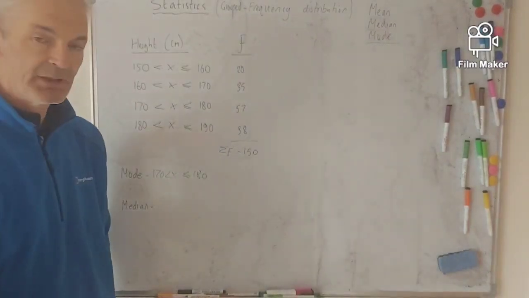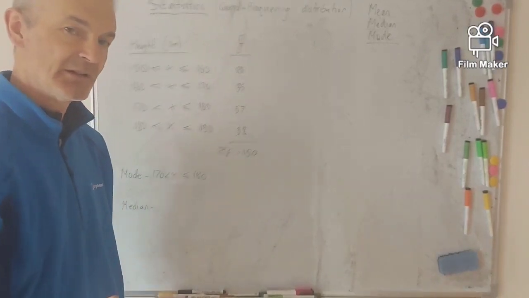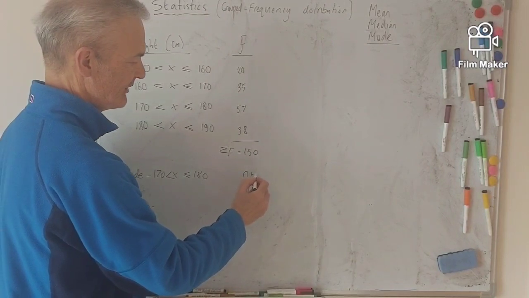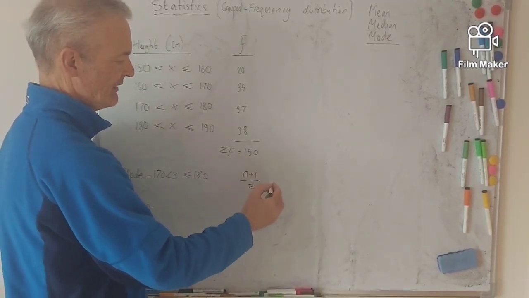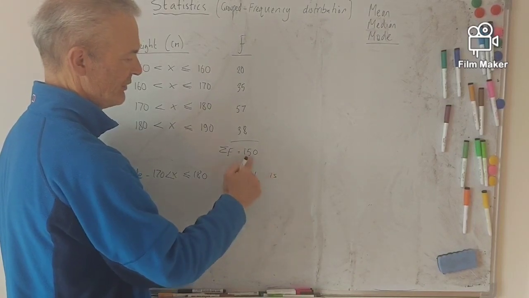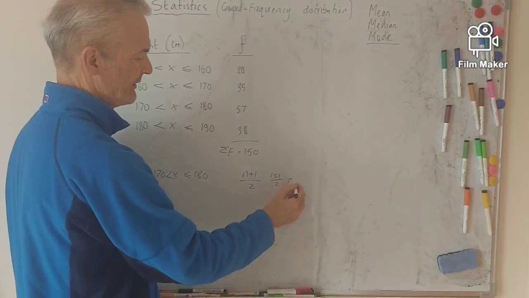Okay, so the middle person, if you're not sure how to find the middle one, check my last video. I go through that, but we use this idea of n plus 1 over 2, where n is the number of people, so that's 150, 150 plus 1 over 2, so it's